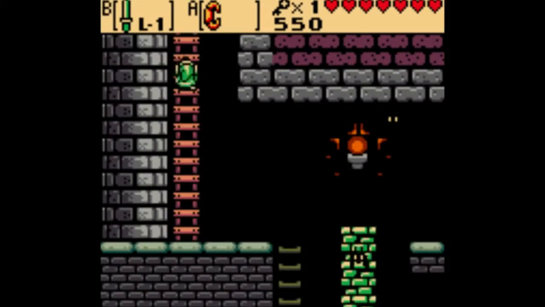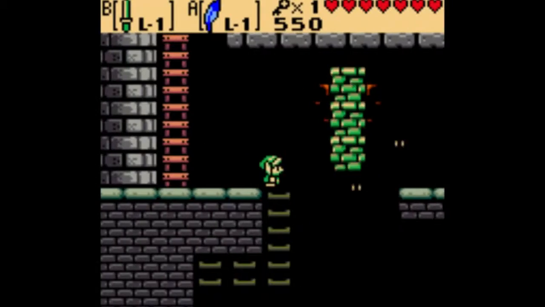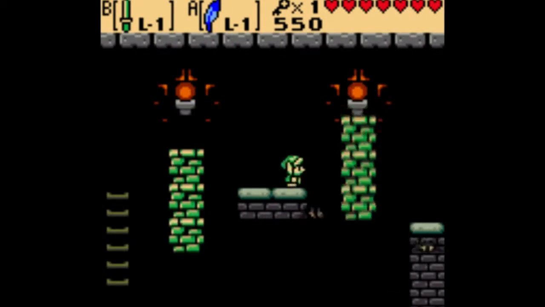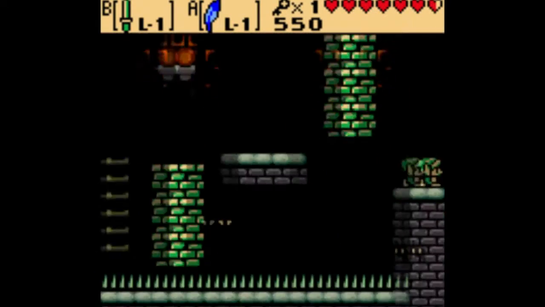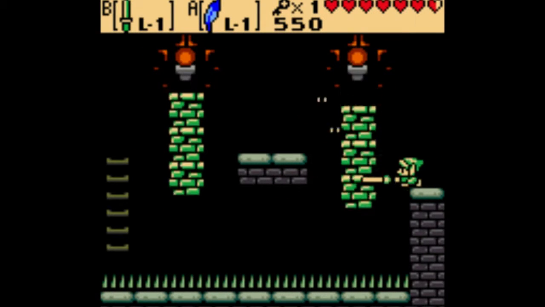Down here, we find ourselves in another 2D passage. Let's get Rock's Feather active, because you know we're going to need it. Careful. Don't want to fall down there. Not only will you take damage over time for being on those spikes, you'll take damage every time you try to come back. Every time you touch back down, as you try to